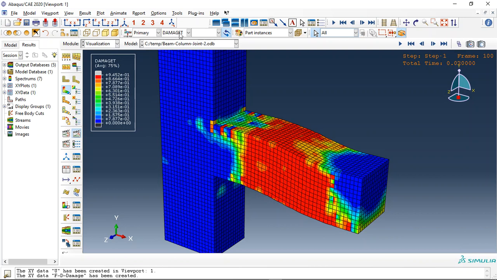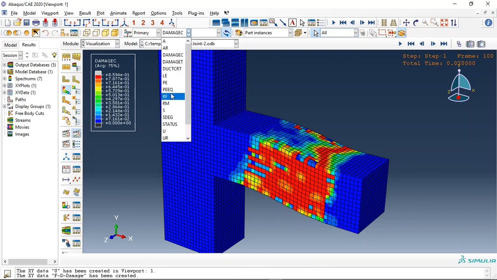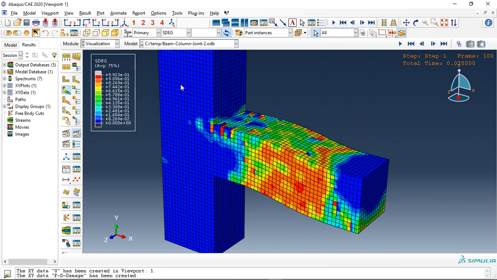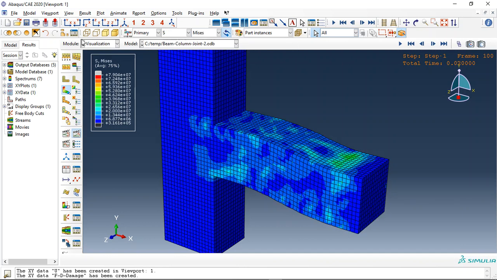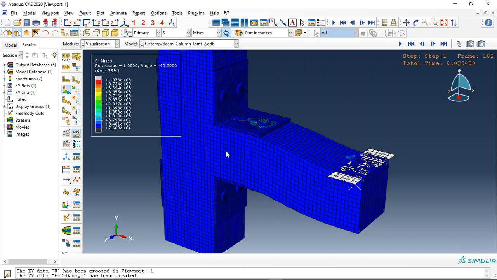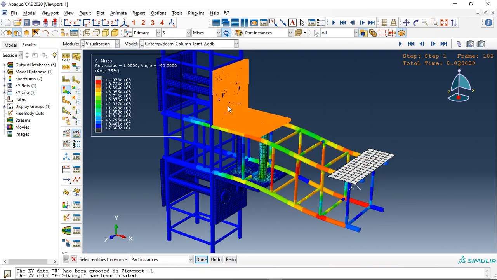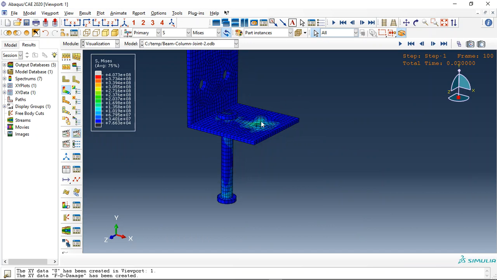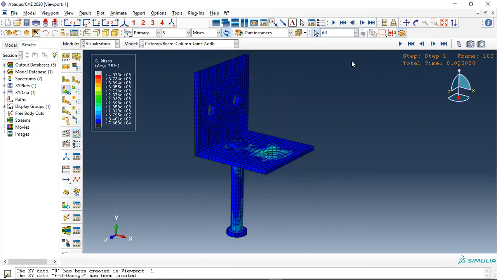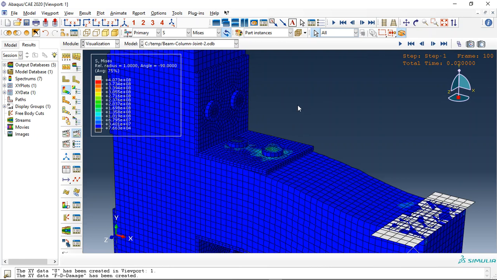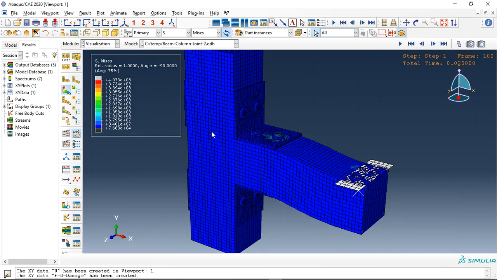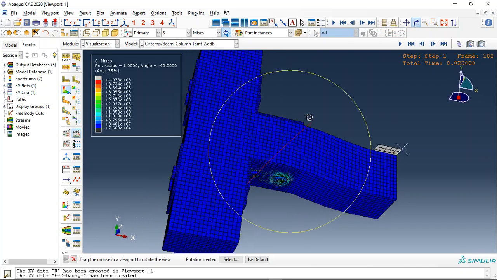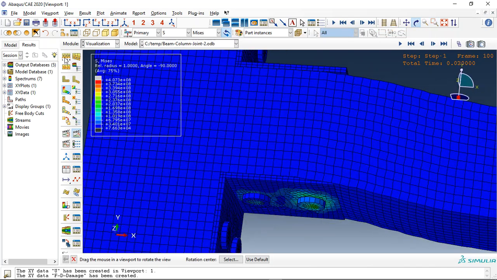Compression damage, plastic strain, stiffness degradation, stress. Now let me remove the concrete, see, and let me replace, for instance, here. See here, this is the stress which comes from the bending, and here we have shear stress, and you can see that we have a good resistance here when we use steel angle as the